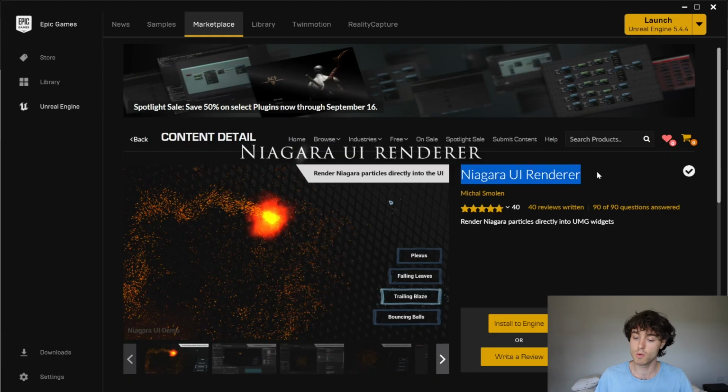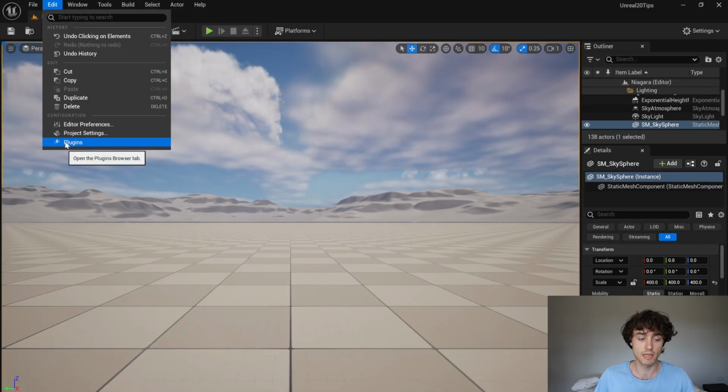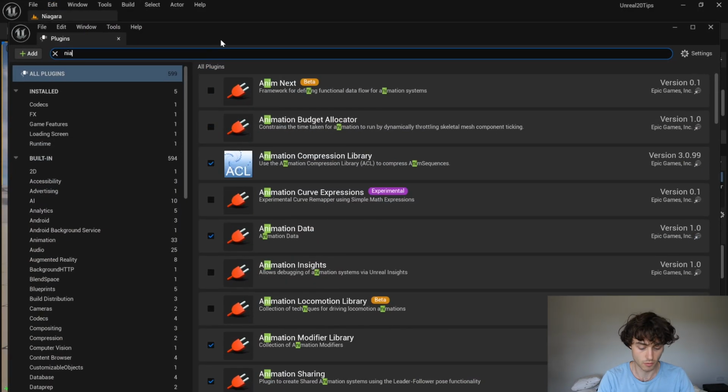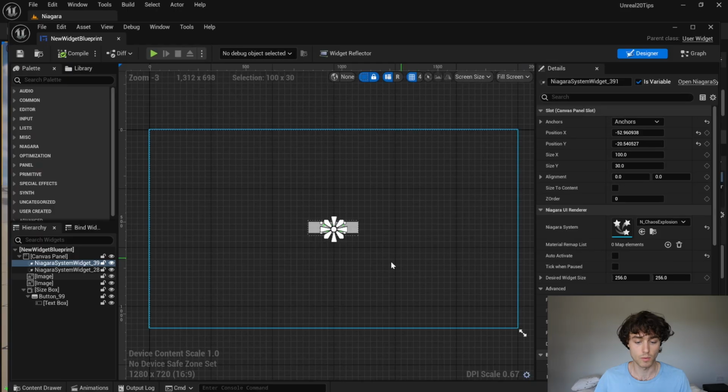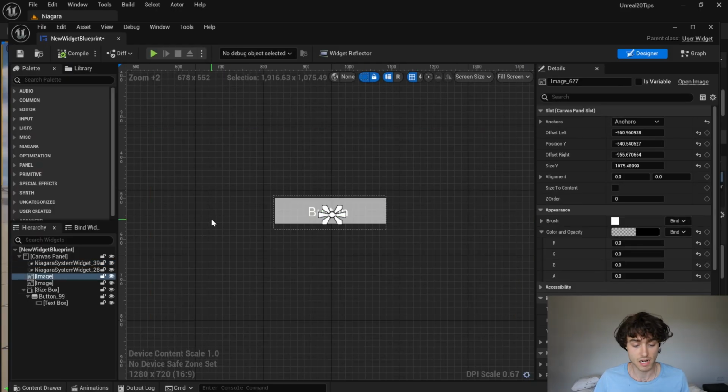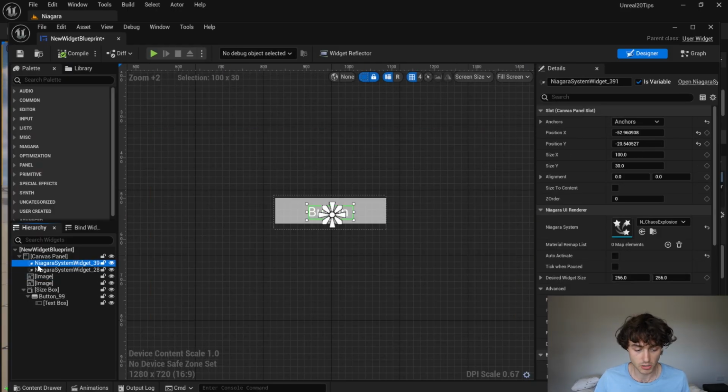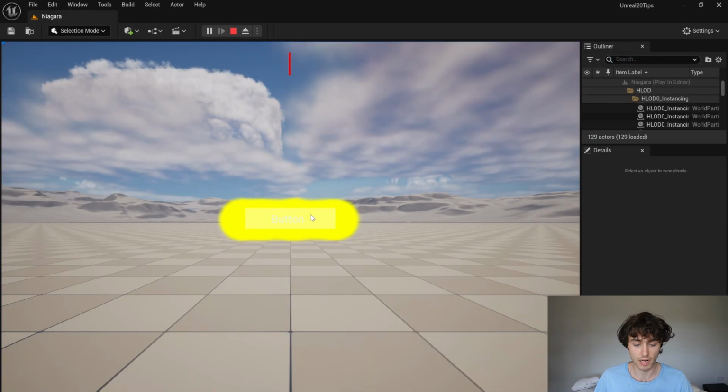Download the Niagara UI Renderer plugin from the marketplace. It's free. Then go to Edit Plugins and search for Niagara UI Renderer. Enable that plugin. You'll now be able to make a widget just like this. I've just added a button. But the cool thing here is you can now add Niagara system widgets. And these will be in your menu. And then when I click,